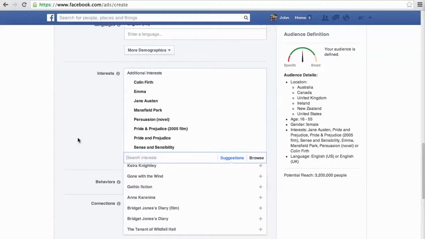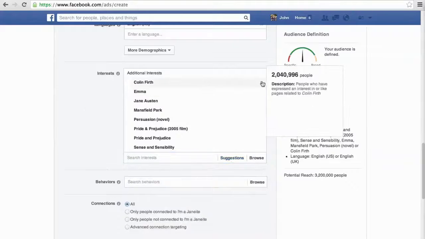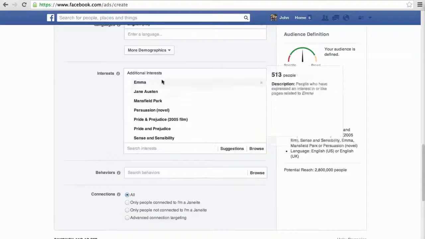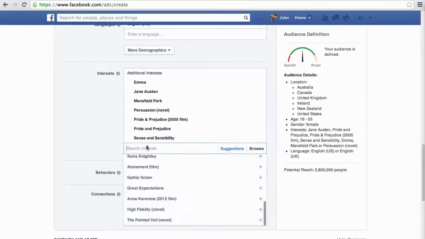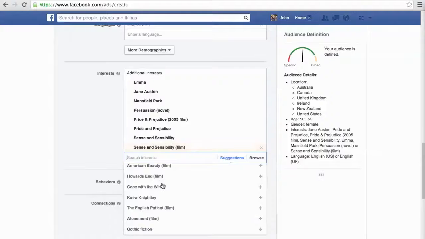But let's just say I want to go broader, I want a bigger audience. Then I can start thinking outside of the box, right? And this would probably be better to do on a separate ad so I can split test. So here I have a fairly focused ad. I guess a fairly focused ad wouldn't have this actor in it. So that's a fairly focused ad, very much on her and her books and her pieces of work. I can go broader, Sense and Sensibility, bringing in all the films since my